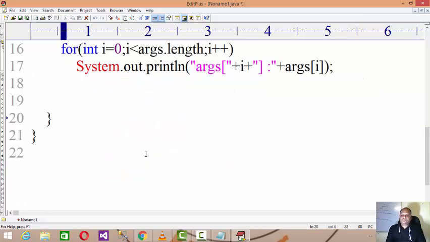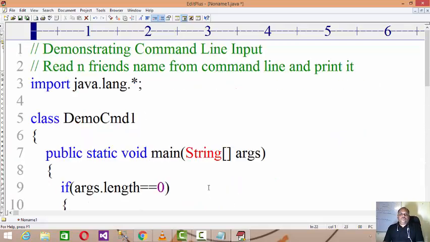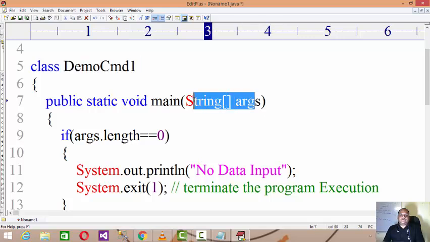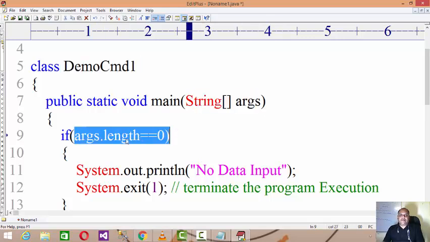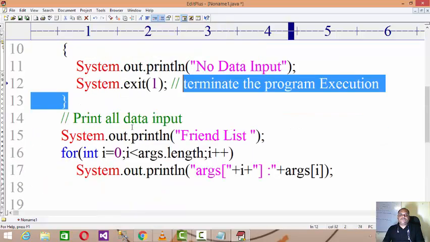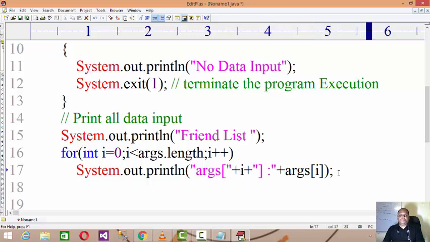Then I will write the end of main, and here I will terminate the class, right? So what will this DemoCmd do? It will read the data from the user. If there is no data, array length is 0, so it will print no data input and terminate. And if there is data input, it will print all the data, that is the friends' names I feed, from array 0 to the array length, right?